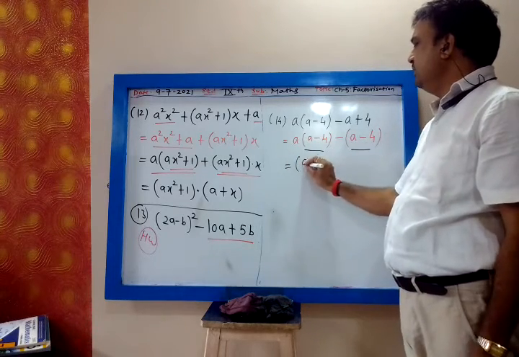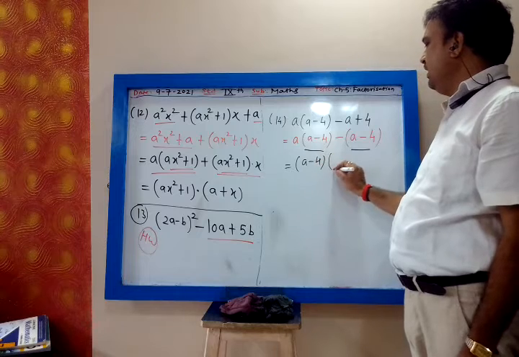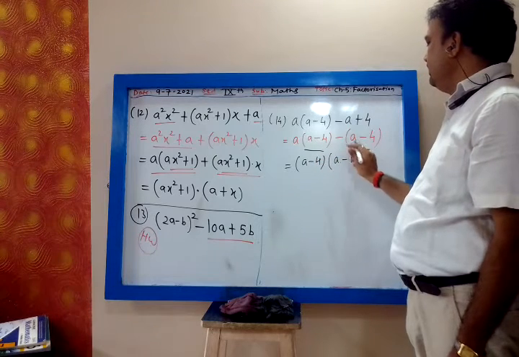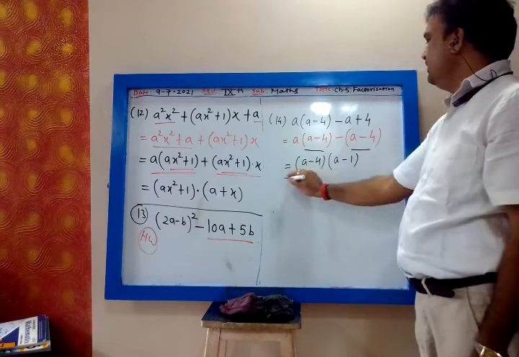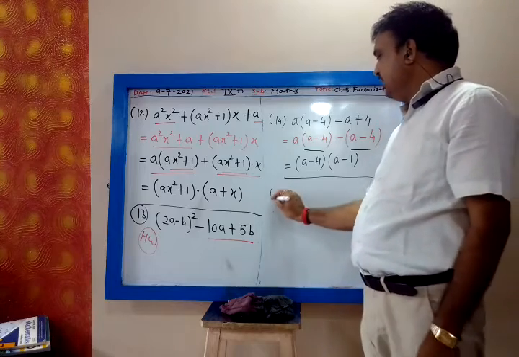So a minus 4 is, then into a minus 1. Nothing is there means 1 is there. So this is the answer. Then 15th,